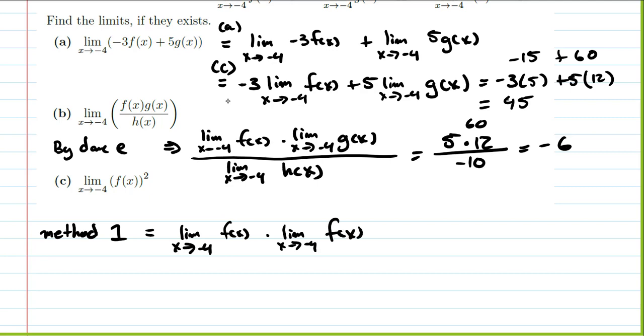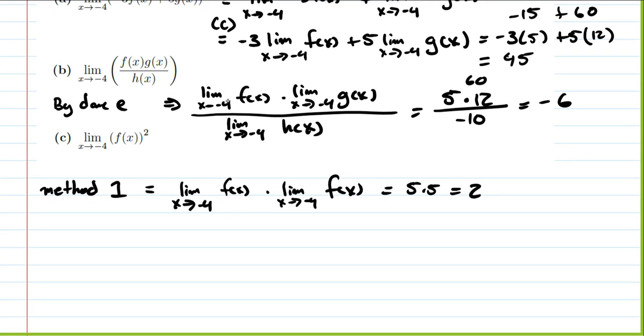And the limit as x approaches negative 4 of f of x is still 5. So then that would be 5 times 5, which is 25. But we'll note method 2,